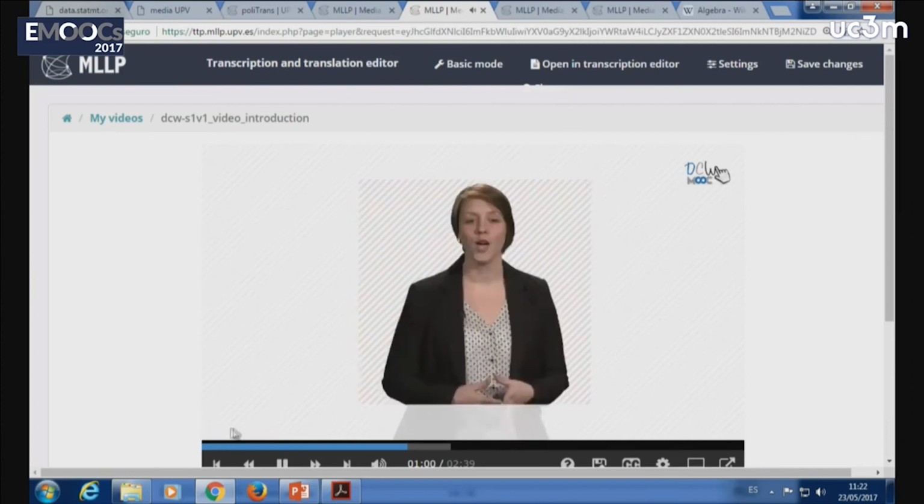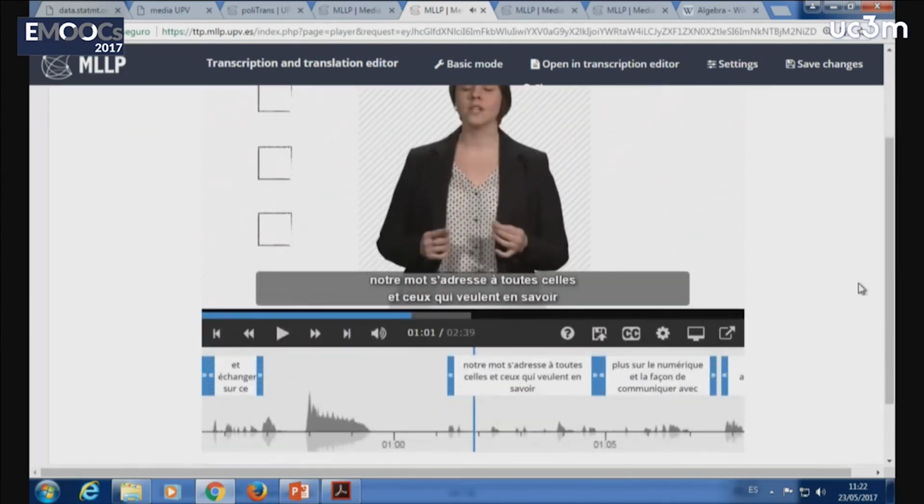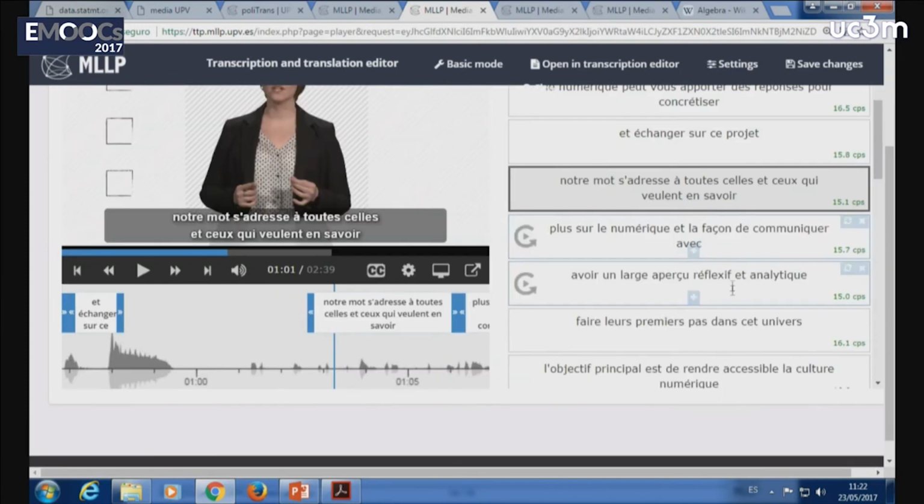Okay, so this was an example in French, automatic subtitles of course, and this is our advanced editor, where you can change the length of the segments, and just jump wherever you want. Okay, and just as a last demo,